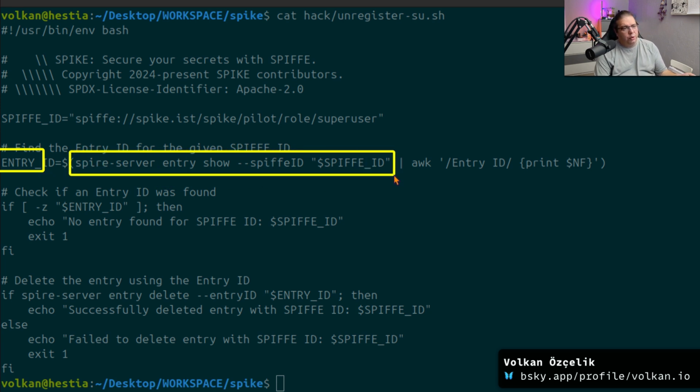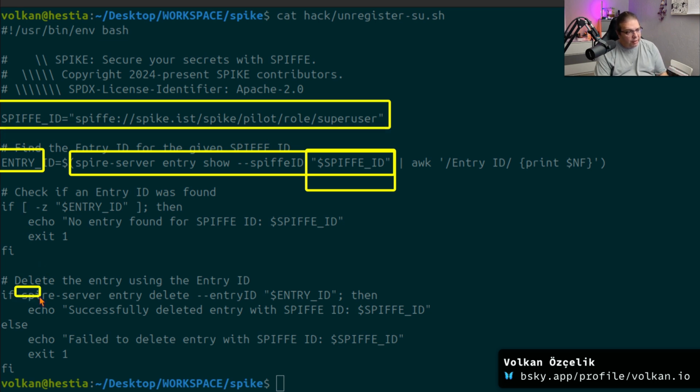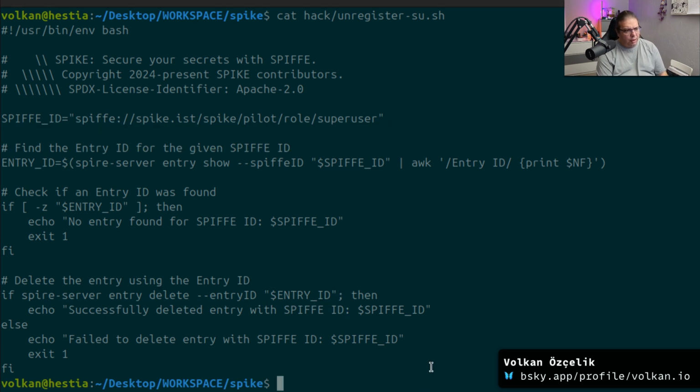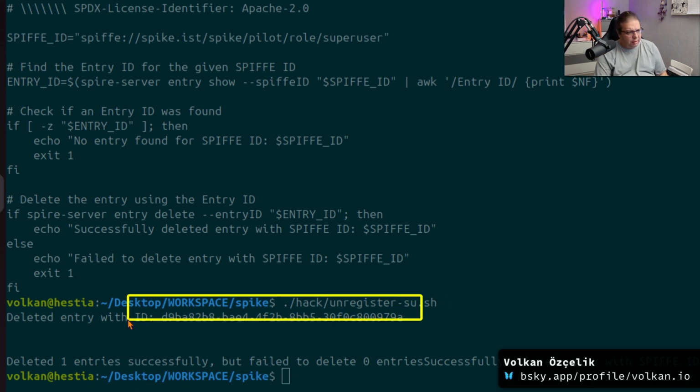So it will search for the entry ID that has a certain SPIFFE ID, which is the super user SPIFFE ID that you see here. And if it gets that entry, it will run SPIRE Server entry delete, and it will delete that entry. So let's run that one, hack unregister super user, and now it says it deleted the entry,